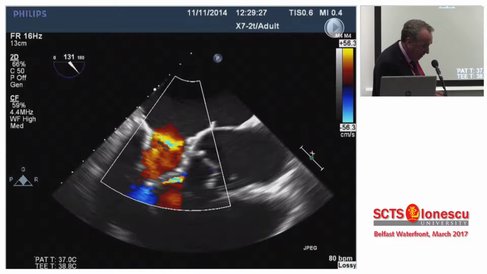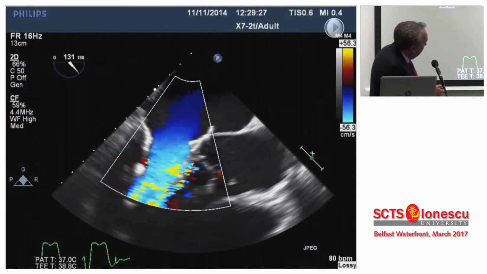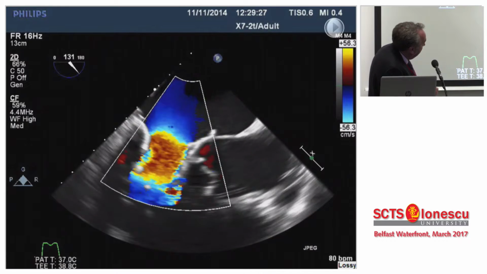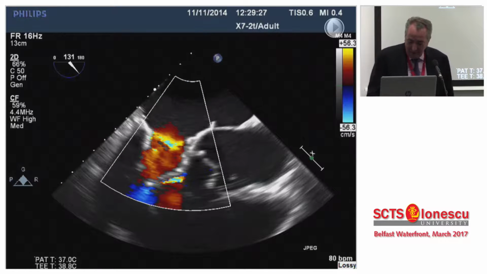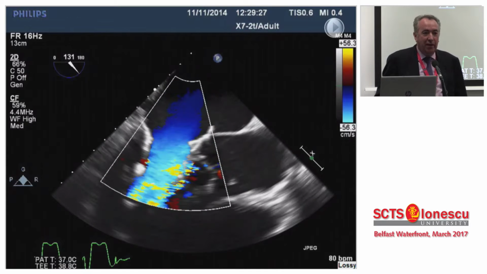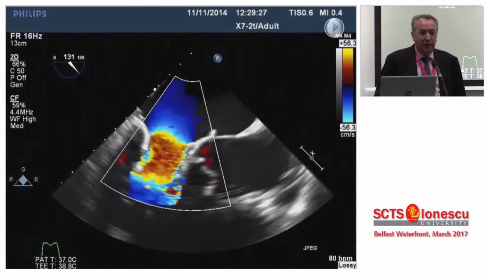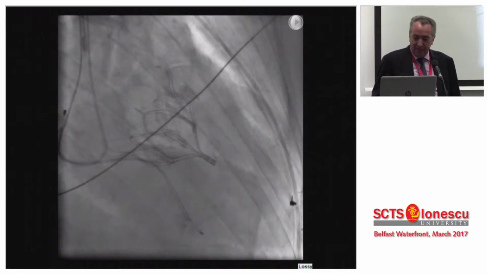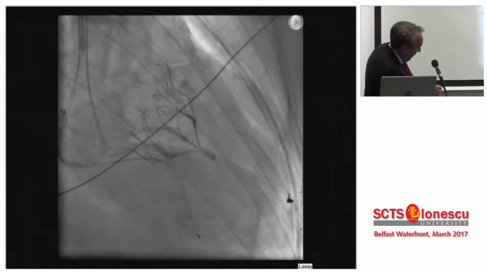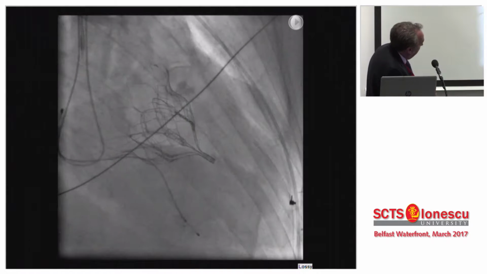and here you see a nice valve. I think we'll come back and talk about this, but I think it's important to just notice that this is starting to impinge quite significantly on the left ventricular outflow tract, and that's going to be an issue with all of these devices. Here's a fluoro picture at the end. See the device deployed, and this is a